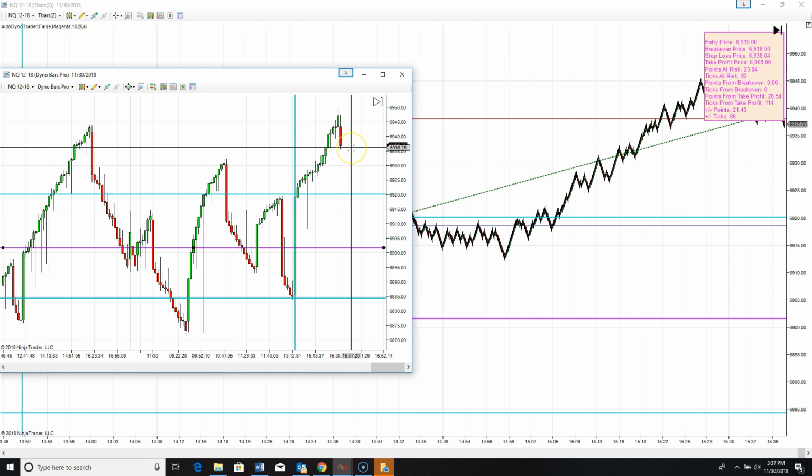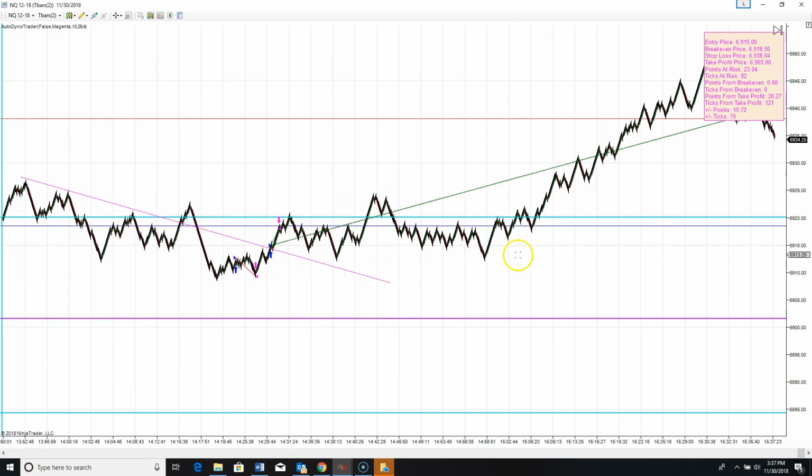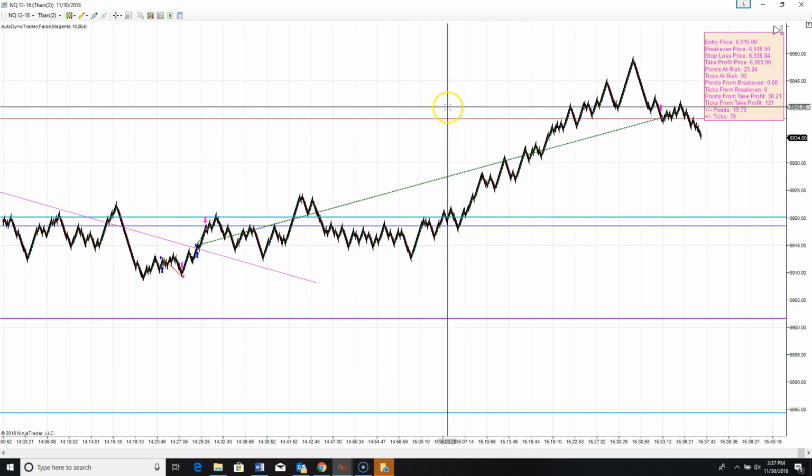Could sit here and wait for another entry to print, but I think I'm going to shut her down for today. I got to get some food. Haven't eaten anything yet, so